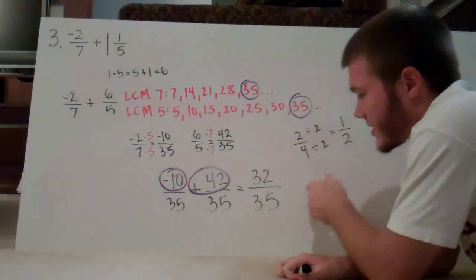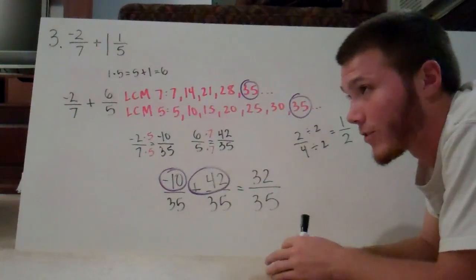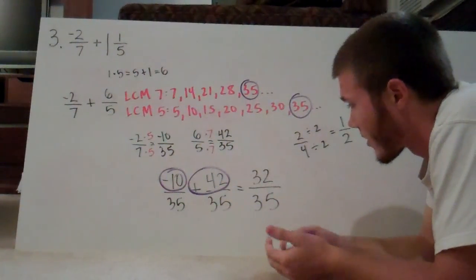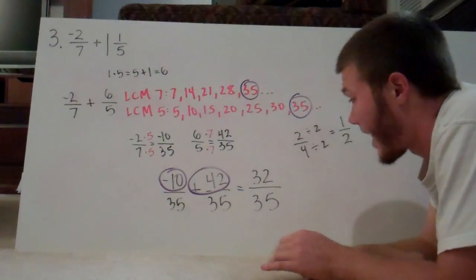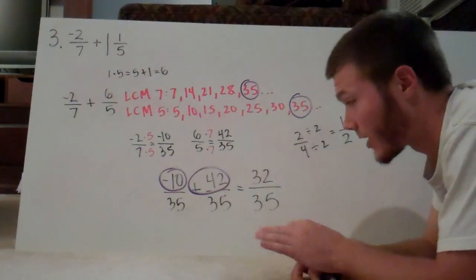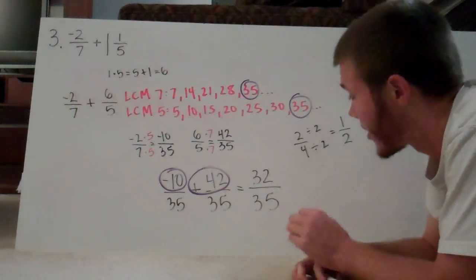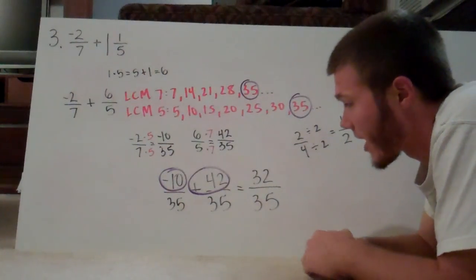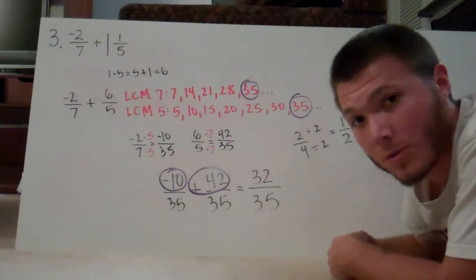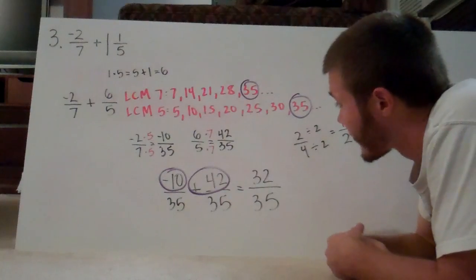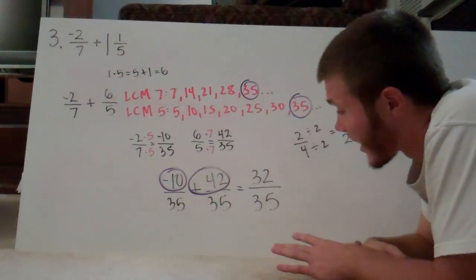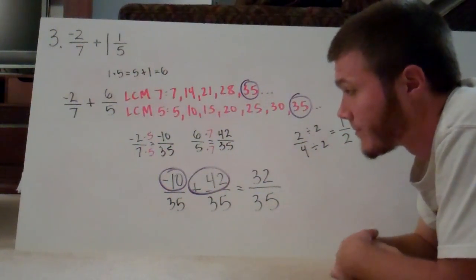So, let's think real fast. Can we divide 32 and 35 by the same number? 1, 4, 9. I can't think of any. Alright, and hopefully you couldn't think of any either, because that is going to be our answer in its most simplified form. So, I know this was a lot to take in class, but come ready on Monday,